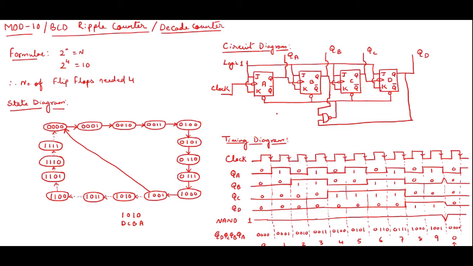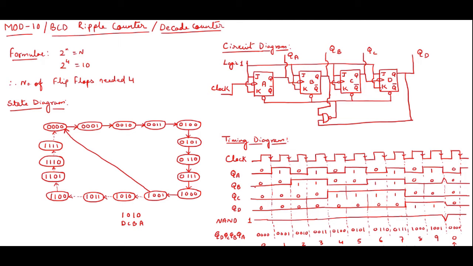Okay, to understand this more clearly, let us go to the timing diagram. You can see the timing diagram here. I have taken the clock in such a way that you can show the repeat condition. You can see the pulses, and thereafter I have taken QA, QB, QC, QD. As I told you earlier in my other videos, A will respond to the clock's negative edge. You can see A is changing at the negative edge of the clock, going up, down, up, down in this way.